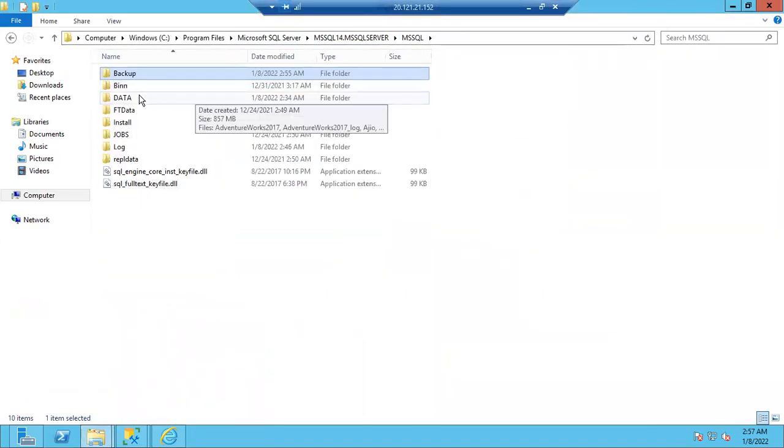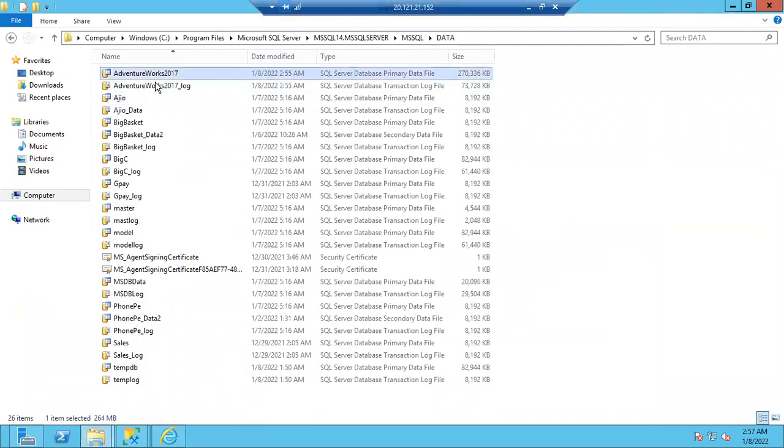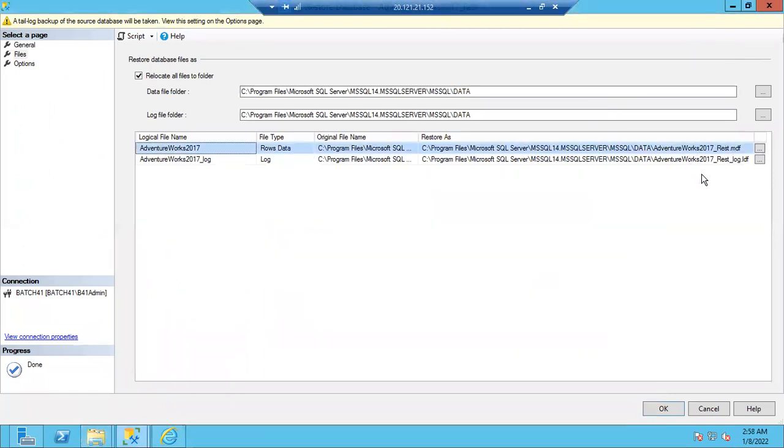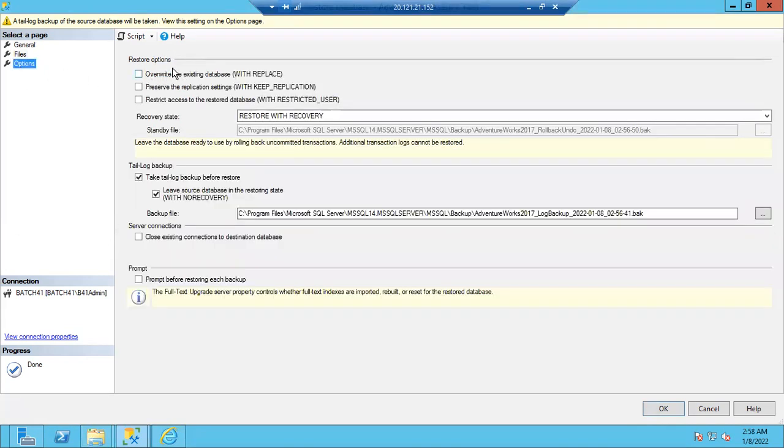Where is my location? This is the one, right? In this location, already these files are there. So if you don't choose overwrite, it will throw the error. If you choose overwrite, it will restore it. But again, nothing to confuse. Under the restore as section, make sure the new database name is coming. And of course, you can go to options and no need to overwrite. Simply uncheck it. In case it says, as you are not taking tail log backup, please overwrite, it won't ask, I guess. Let's see this time. And which option do I have to choose? With recovery, with no recovery? I'm restoring all the backups at a time.